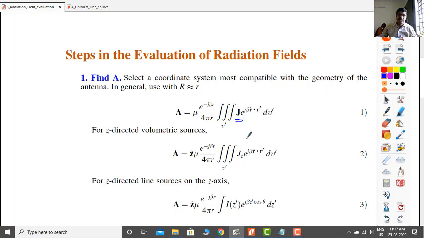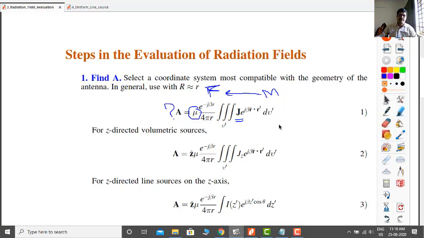this is the electric current density, and the corresponding potential is A. So we have to compute A first. If the source is M, that is magnetic current density M, then we have to compute the corresponding potential F. F will be the dual equation of this one. There won't be much difference between this equation and that equation. The only difference is that mu becomes epsilon, J becomes M, and the rest is the same.